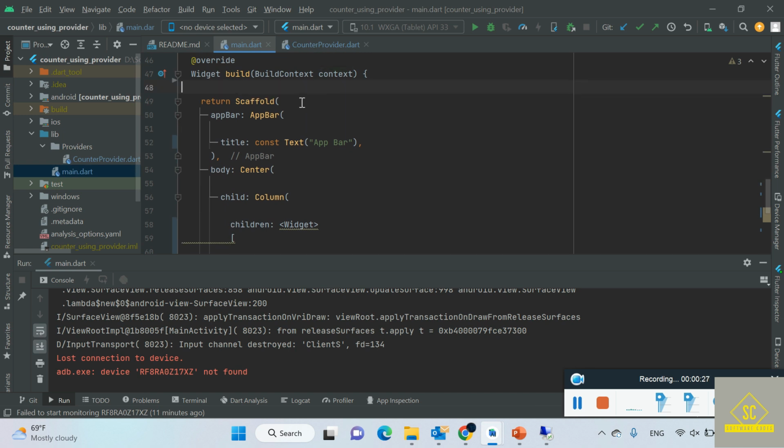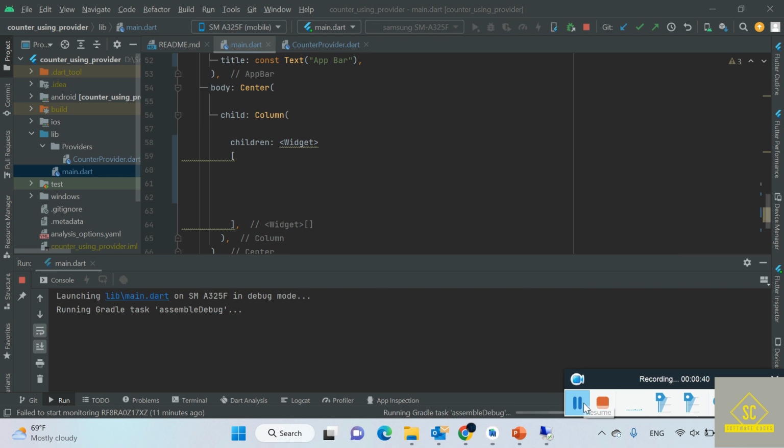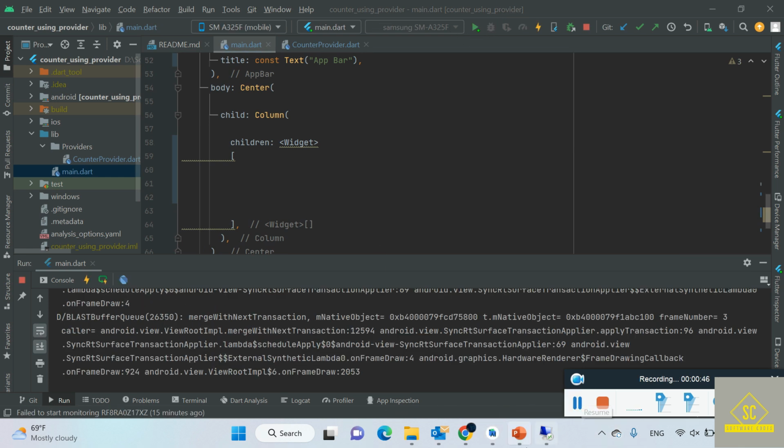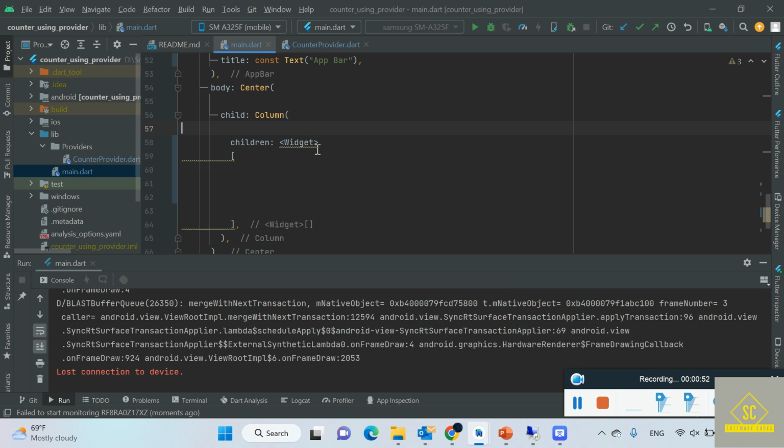So first of all, let me clear all the previous code so you can get a better understanding. So this is our code. It has scaffold and a column, and that's it. So we'll run it, and okay, it has only app bar and a body, and that's it. Okay, so we will add text form field,